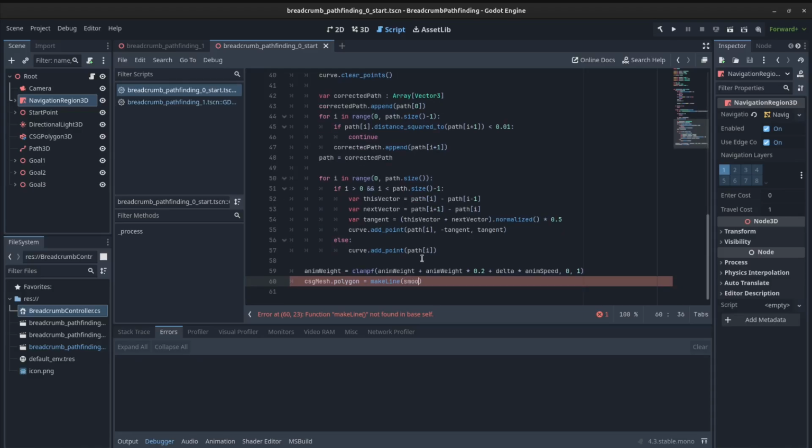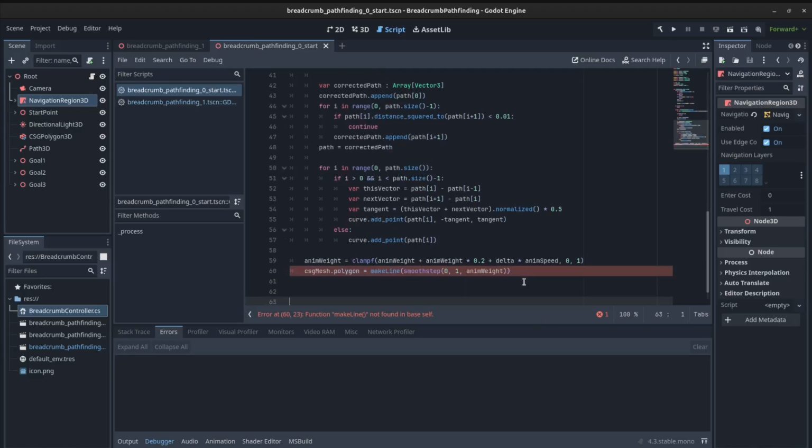And what I like to do is use the smoothstep function. What this does is kind of give it an ease in and ease out for the animation. You really could just put the animation weight in here if you wanted to, and it would animate for you, but smoothstep will give it a nice ease in, ease out again. So let's go ahead and create that function,